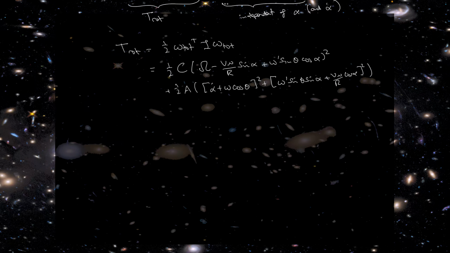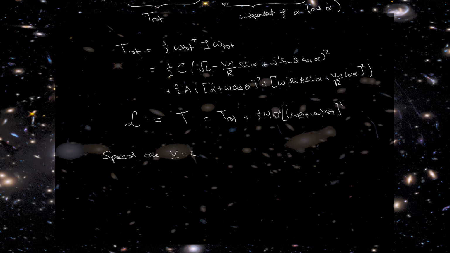From the kinetic energy, we can construct a Lagrangian. L will just be T, there is no potential energy term. So that's T rot plus half m r squared omega a plus omega v cross Ez all squared. Let's consider the special case when the ship is not moving, so v equals 0. In which case omega primed is the same thing as omega, the rate of rotation of the Earth, and then